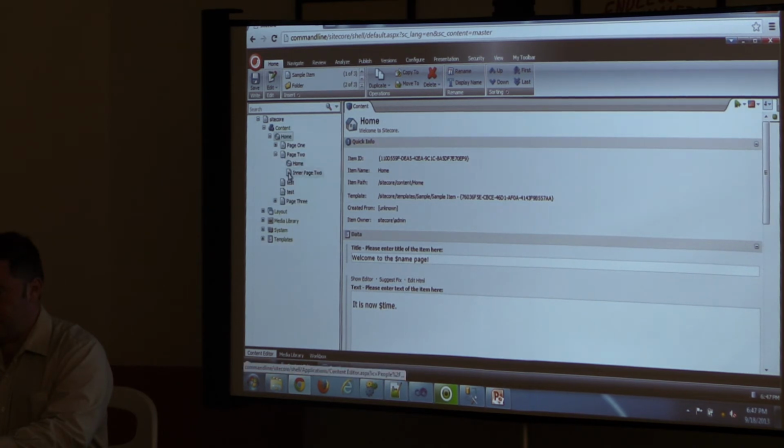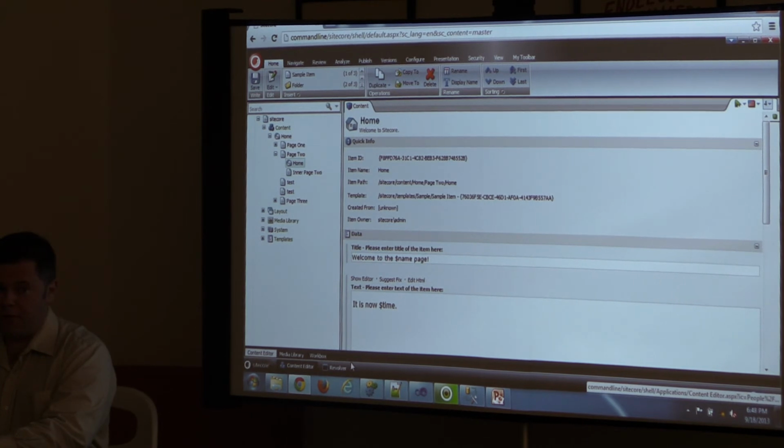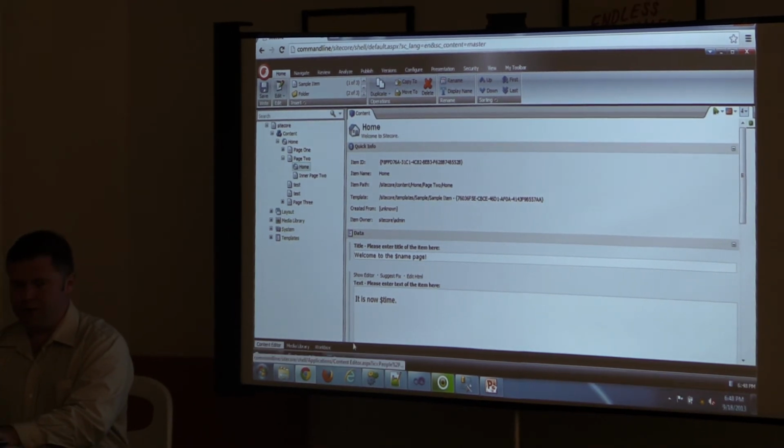And page 2, and here we go. I ended up rehydrating home underneath page 2. Definitely not a good idea for the home page, but I mean, you see what I'm getting at. You can actually take items, you can serialize them, and you can rehydrate them somewhere else. Sure, there are other tools that will work that way, but keep in mind this came first.